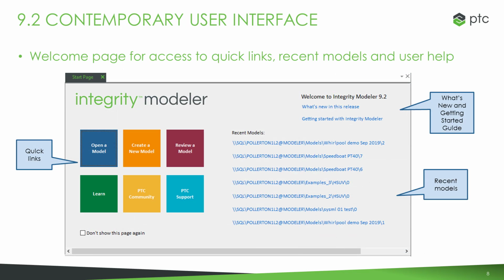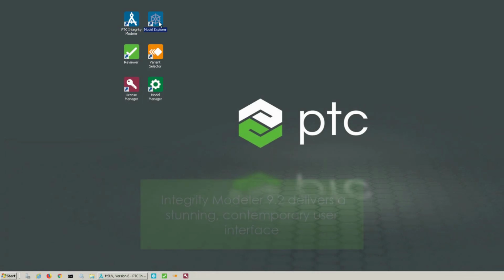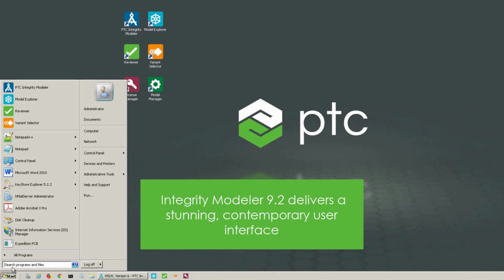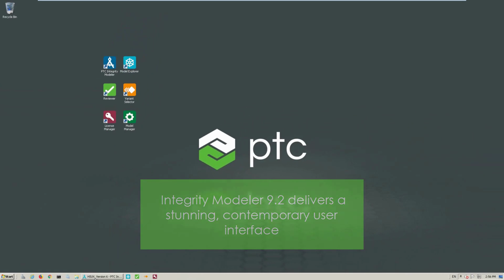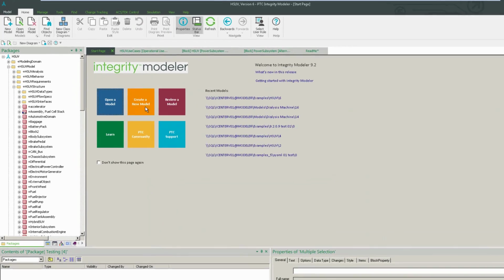And then finally, the welcome page, which gives you quick links to common actions, information on the latest new features and the Getting Started guide, and links to the most recent models. So let's take a look at all of this in action. So let's start by opening Integrity Modeler 9.2. Immediately we can see the welcome page with the quick links and guidance for new and infrequent users,